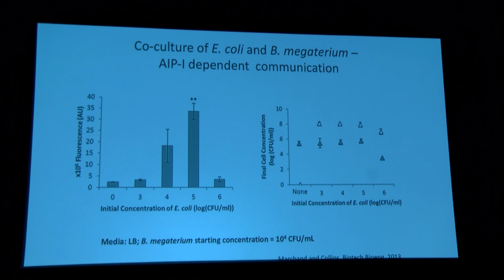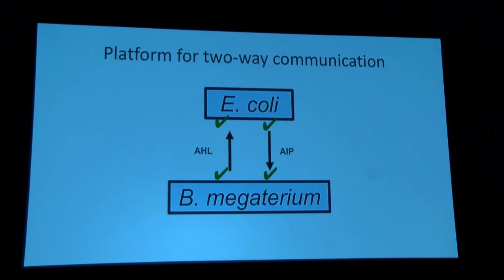And here I'm just showing that in these batch type of systems, our final cell densities of the E. coli and the Bacillus in these good ranges of communication are pretty consistent. So we have minimal resource competition in these particular systems, the way we set them up. Of course, those things will need to get addressed as we move forward. And so we now have a nice platform for two-way communication. We can put all these things together and start to produce different molecules and think about adding different types of responses to small molecules that are important for particular metabolic processes.